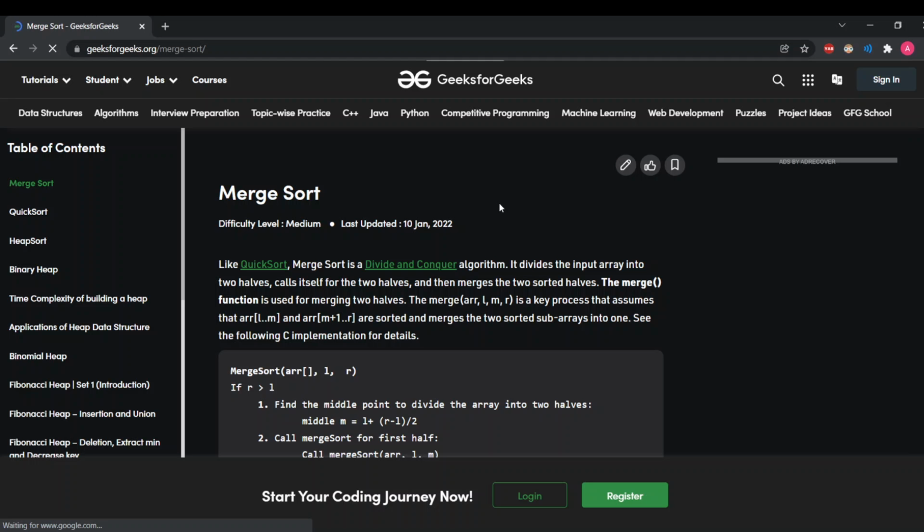So today we are going to learn about the merge sort algorithm. It's a sorting algorithm based on divide and conquer ideology. The basic idea about divide and conquer is to divide the array into subarrays, then sort those subarrays and then merge. The merge sort algorithm is divided into two phases. The first phase is splitting the array, and the second phase is merging the split array.